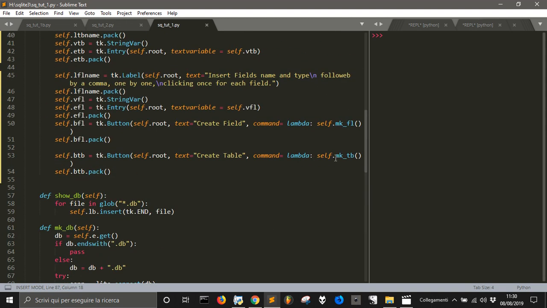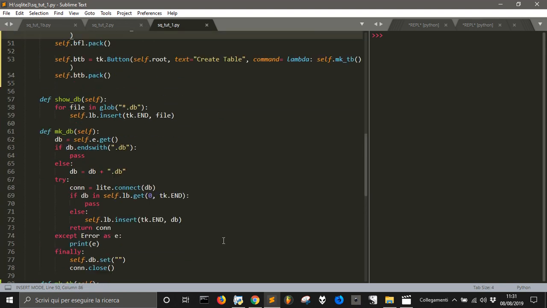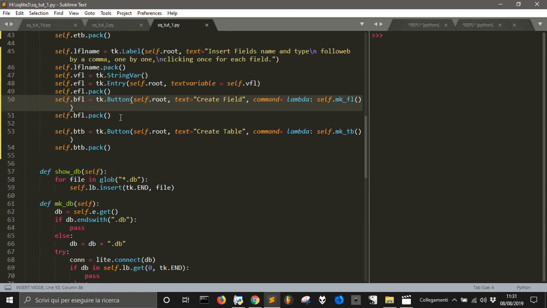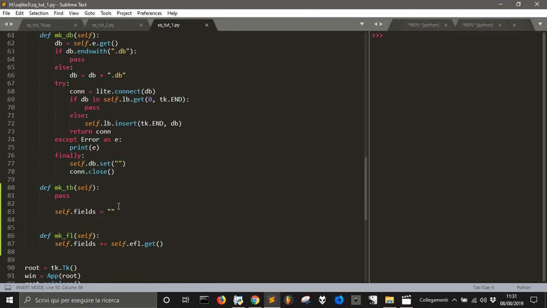Okay, and we are gonna use this create field when the button is pushed. Make FL. Nothing really difficult. We don't have to send anything because it will get the data from the button. With the table there is a little bit more complicated thing. So let's